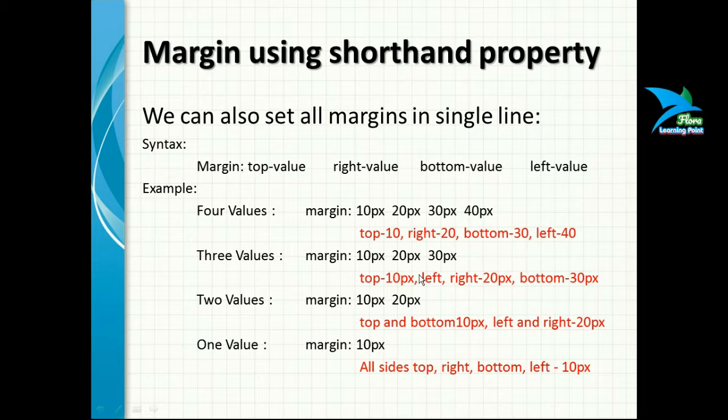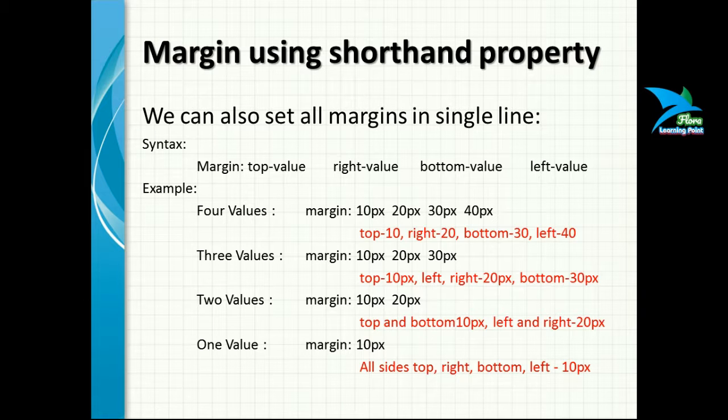So that means the 20px margin will be for left and right, and 30 will be bottom. Then next we are having two values. If you specify only two values to the margin property, then the first value, here 10px, will be assigned to top and bottom combined, and 20 will be assigned to left and right. Then in case you specify only a single value,